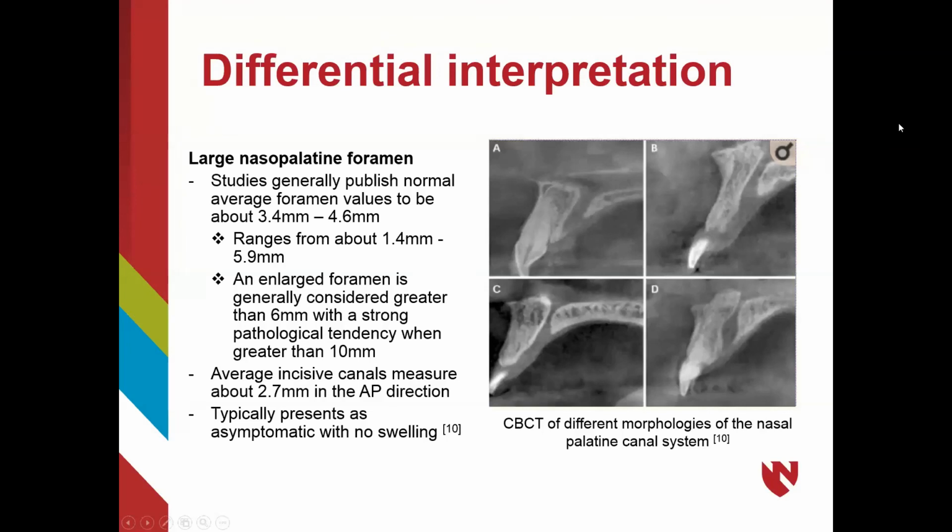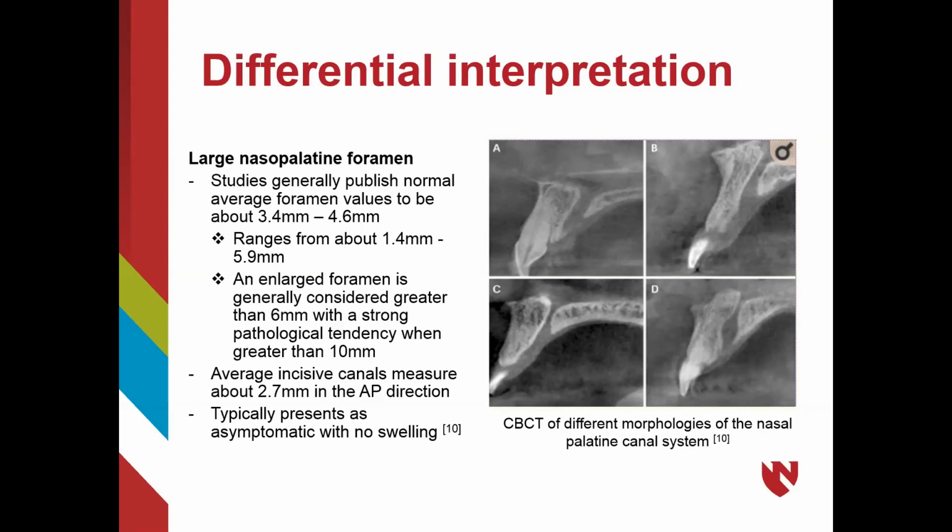A large nasopalatine foramen of non-pathological origin is a differential diagnosis that must be considered for nasopalatine canal cysts. On average, incisive foramina measure about 3.4 millimeters to 4.6 millimeters, with ranges from 1.4 to 5.9 millimeters being generally accepted. Literature reports an incisive foramen greater than 6 millimeters as enlarged and 10 millimeters or greater as indicating